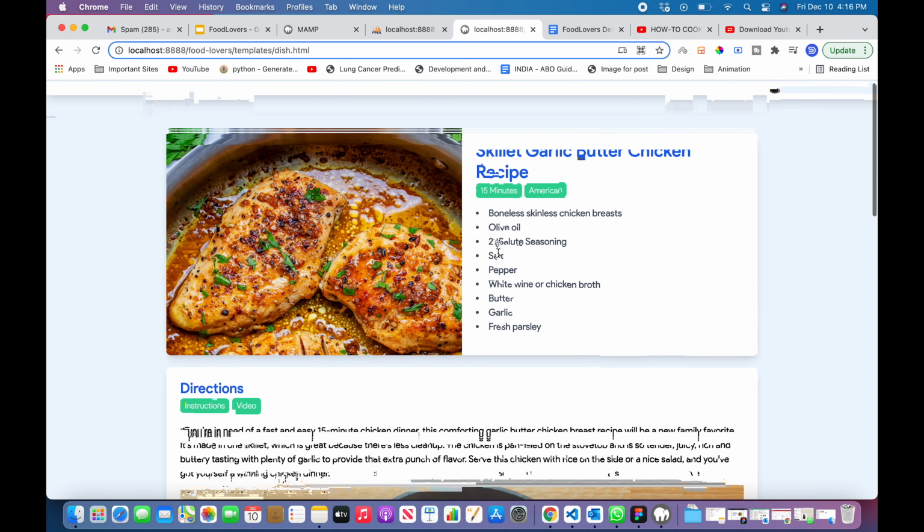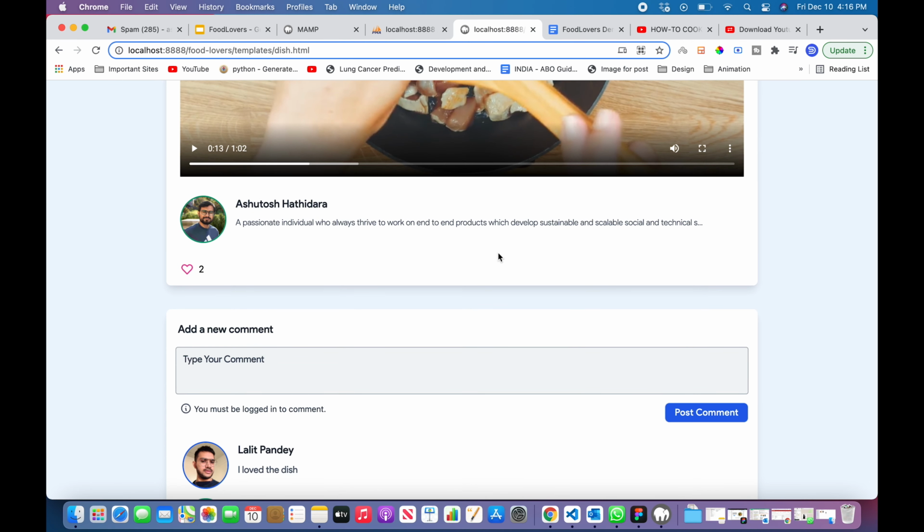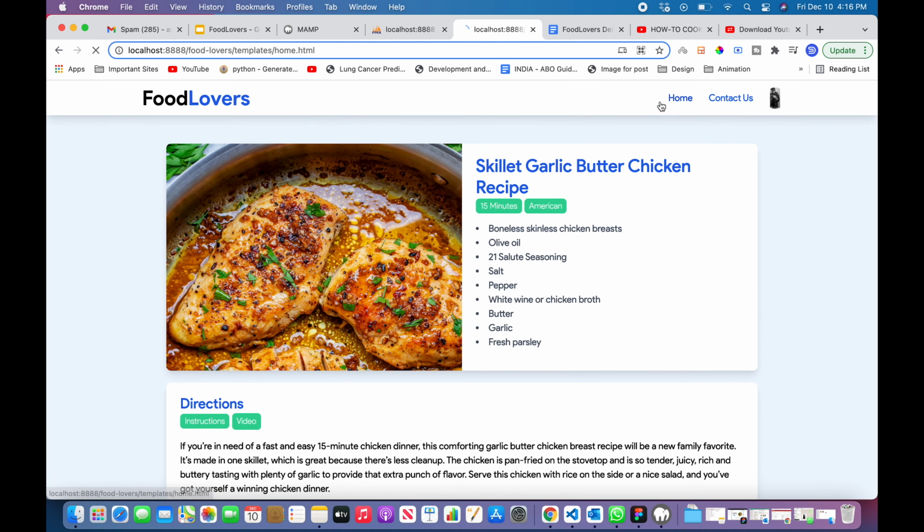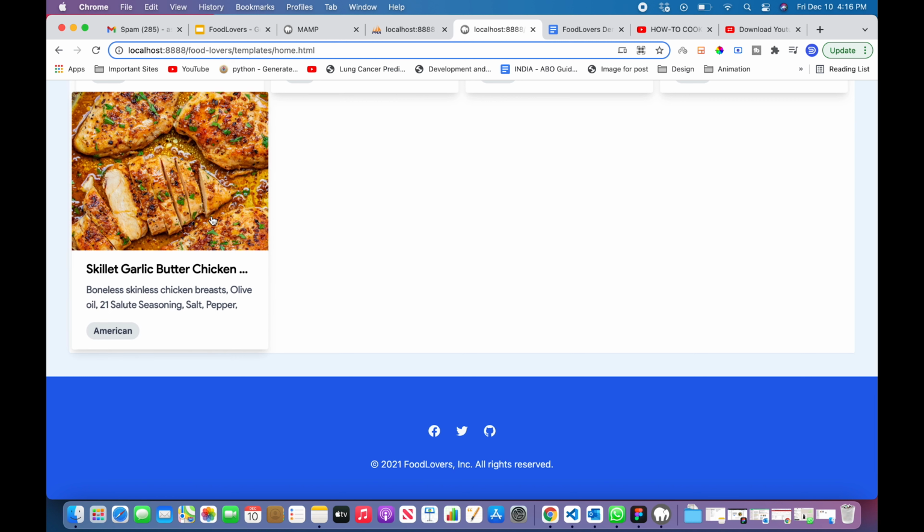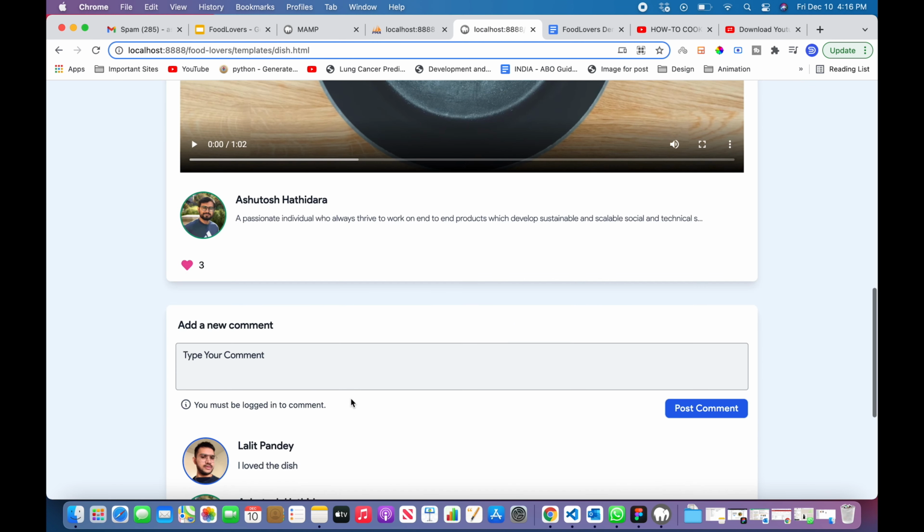We have provided a feature that a person can like this dish. So if I just click on this heart button, it will like this dish. And if I go back to the home page and again come back to the same page, you can see that it is still liked. So it means that we are storing this information in our backend database, and all of this is working